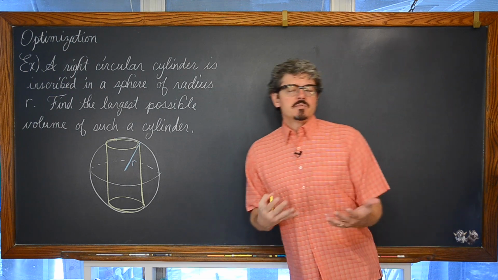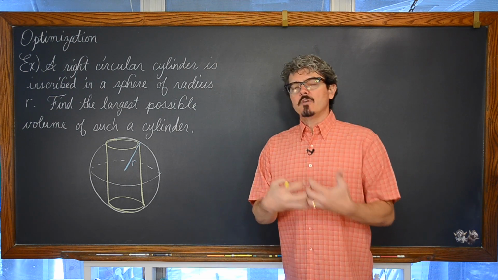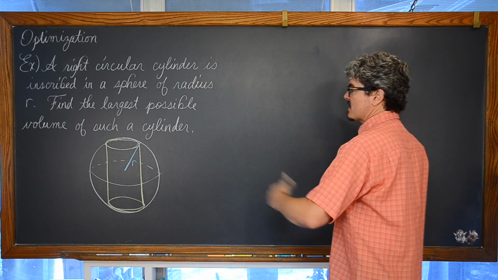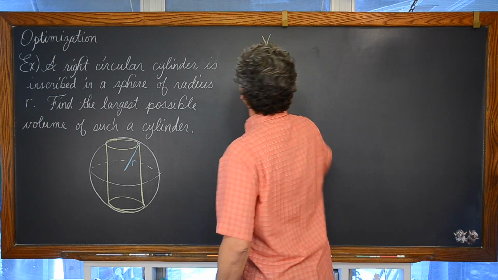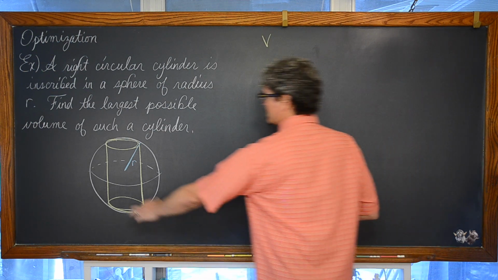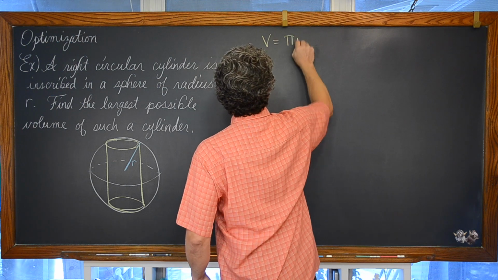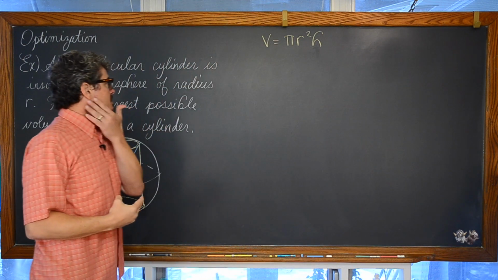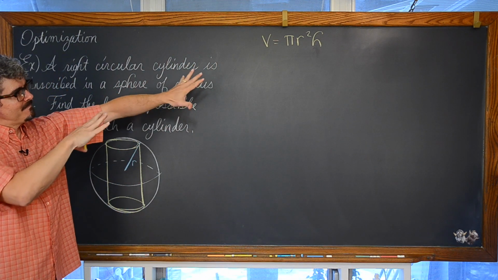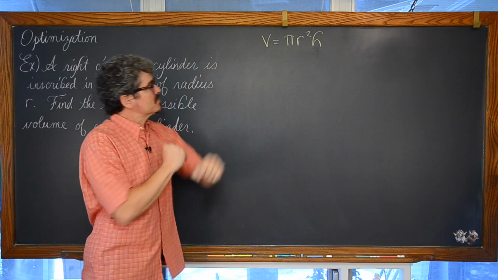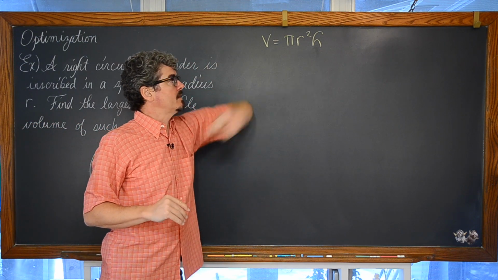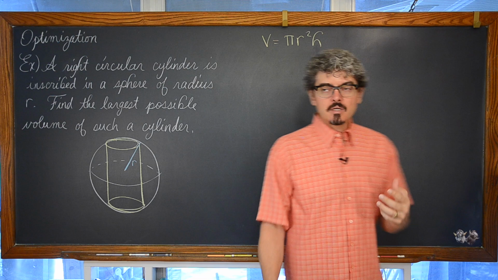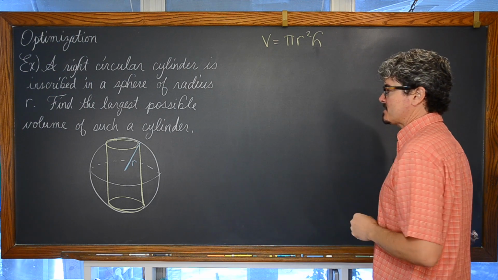Again, when we deal with optimization problems, we have to have that primary function. What is the function you're going to try to optimize, finding its maximum or minimum value? The volume of a right circular cylinder is the area of the base times the height, so volume is equal to pi r squared times h, pulling that formula out of geometry. But it's going to be a little confusing when we see this r for the volume of a cylinder and the r which is the radius of the sphere, because they're not the same.